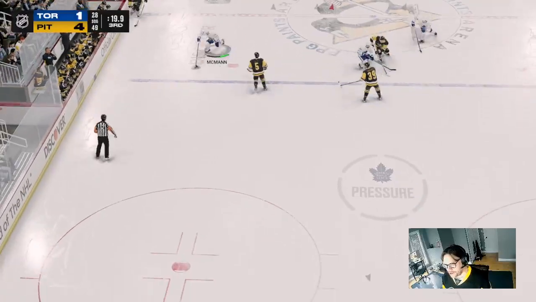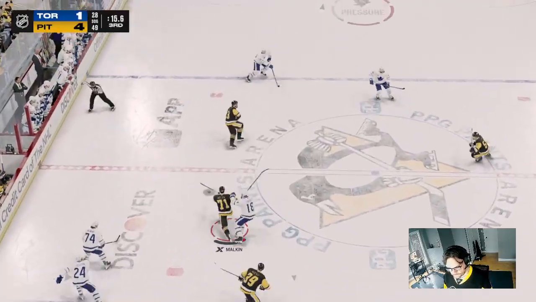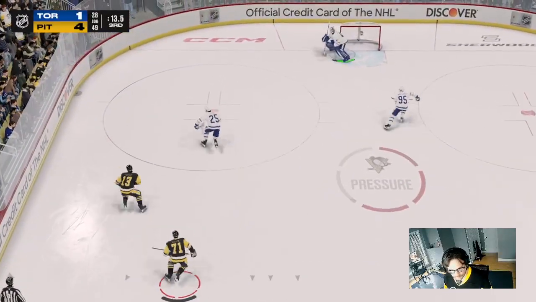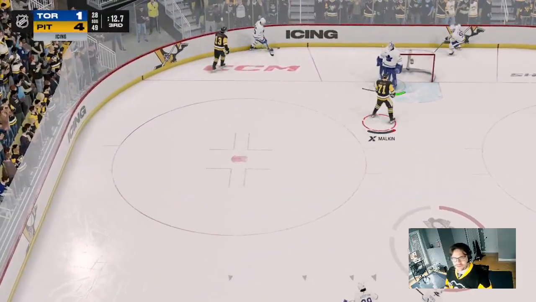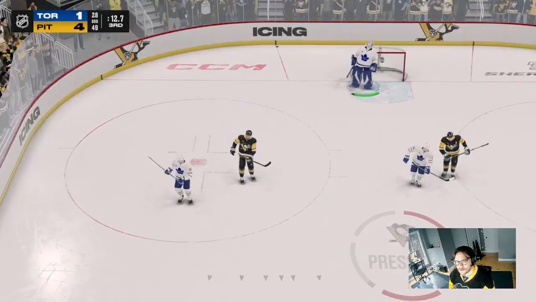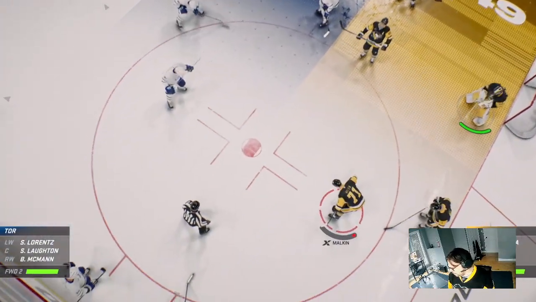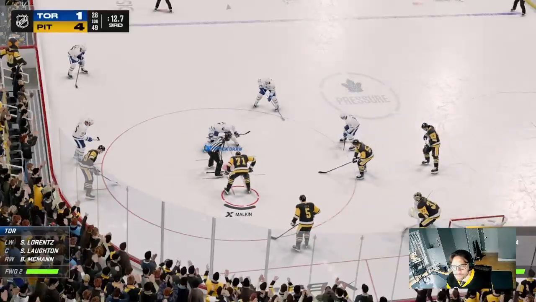Might have gone off Philippe Myers. And that puck is iced somehow? Okay, I thought I gained the red line, but I guess not. 12.7 to go here in the third, in the grudge match that never was.